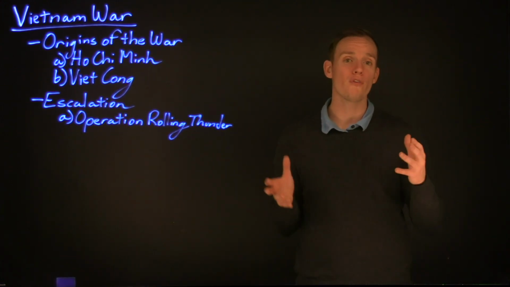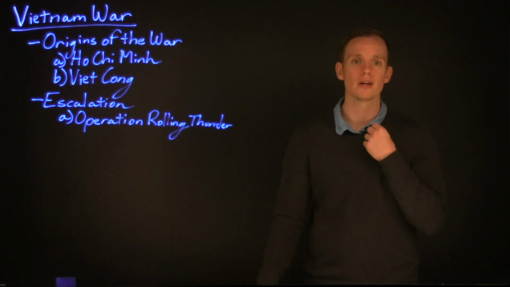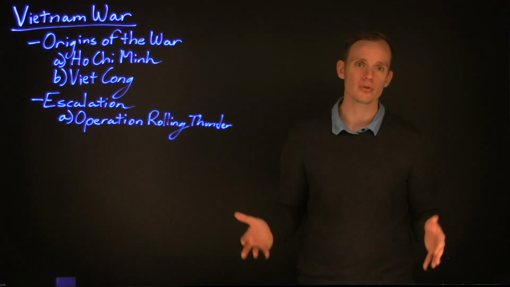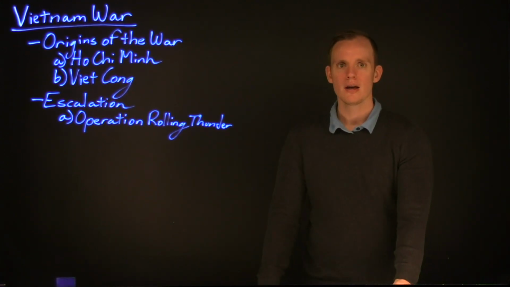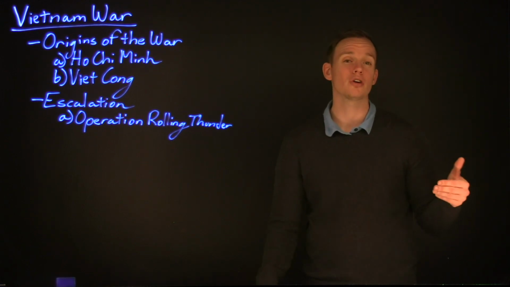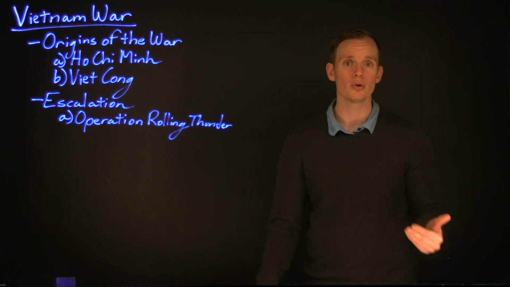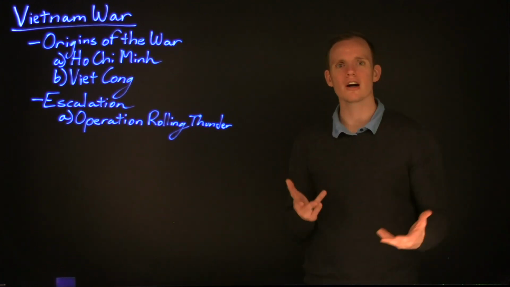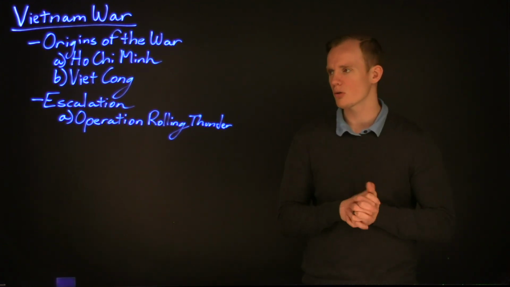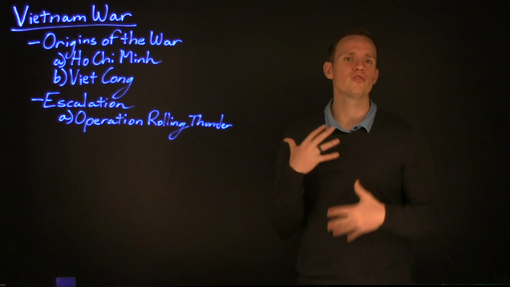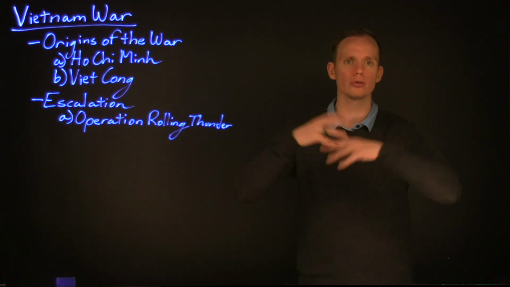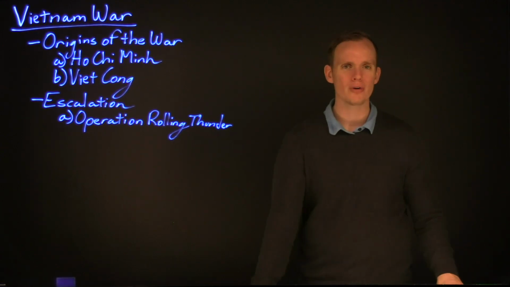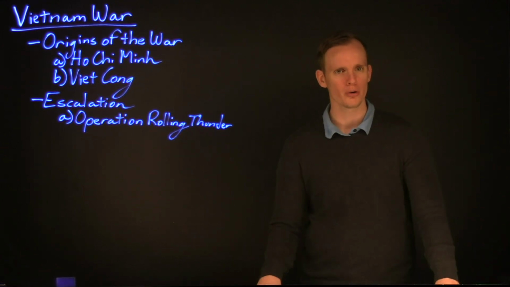Now, there's not going to be a formal declaration of war against the North Vietnamese government, but a state of war between the U.S. and North Vietnam will exist for the better portions of a decade. However, the enemy that the Americans are going to find is going to be a relatively difficult enemy to confront, mainly because, as I mentioned a moment ago, the Viet Cong, as well as, as we'll see, some portions of the North Vietnamese army, are not going to fight in a traditional style in these large battles like we'd seen in World War II. But rather they're going to fight with smaller tactics, or what are called guerrilla tactics,